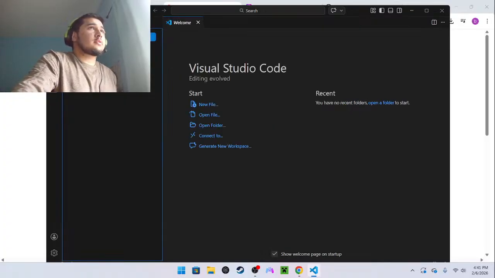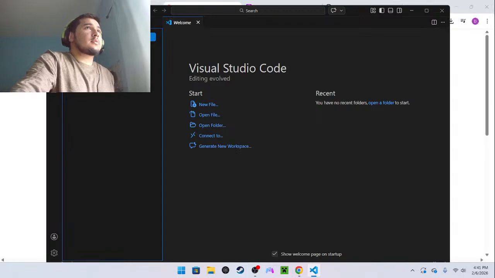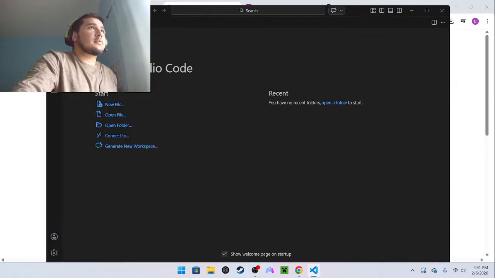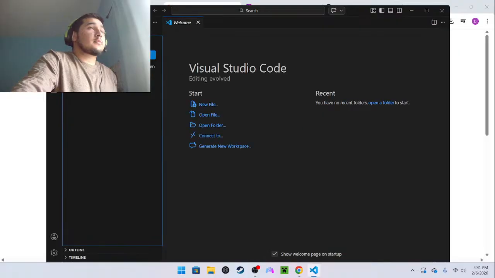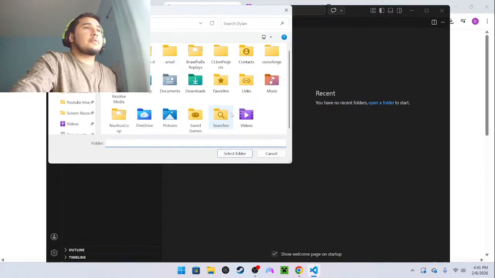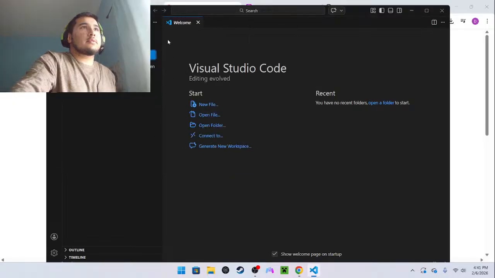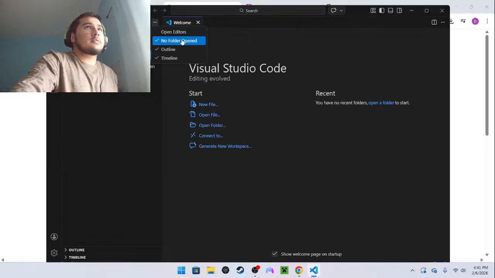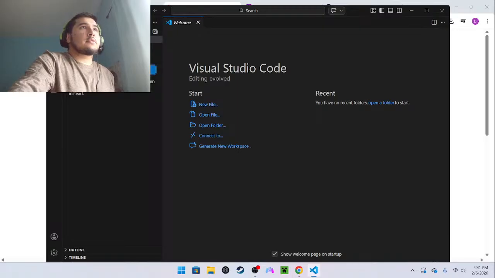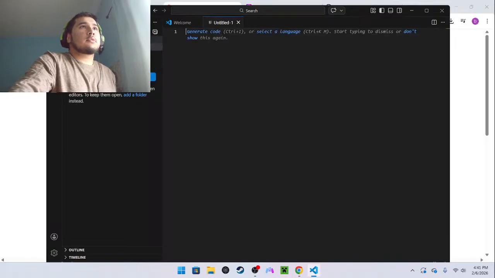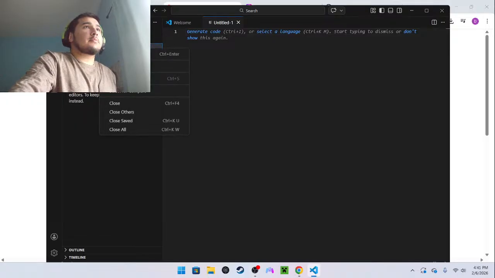Of course. What is that? Explorer. Is this the...? I don't know what folder. I don't know what it means. Open folder. Editor. Oh, not just some random thing.